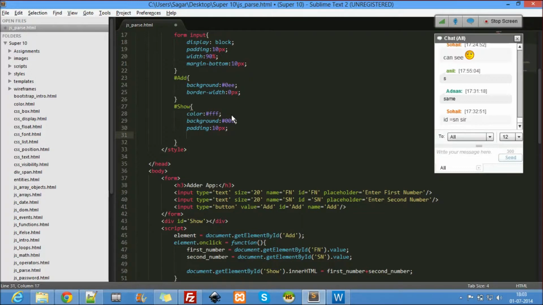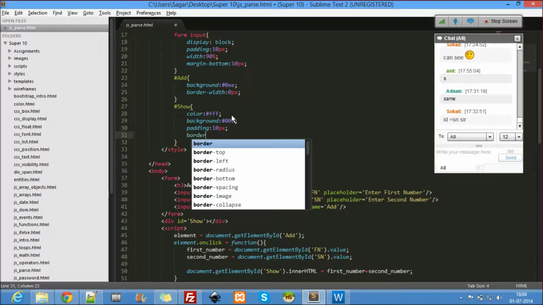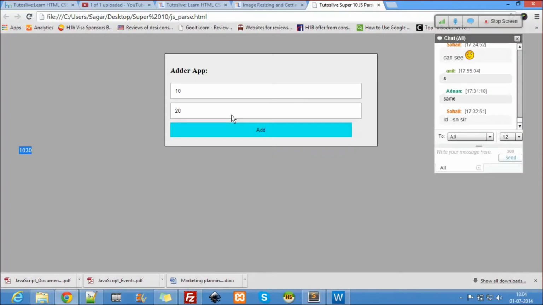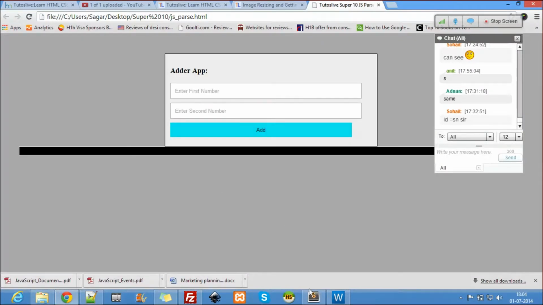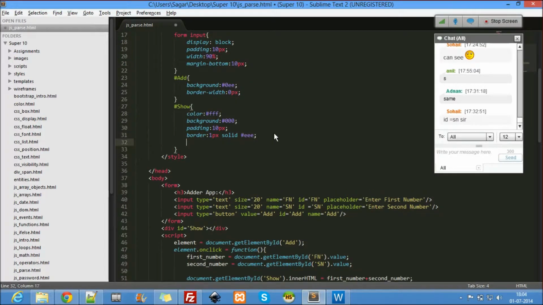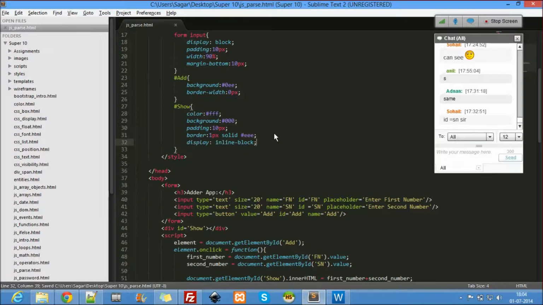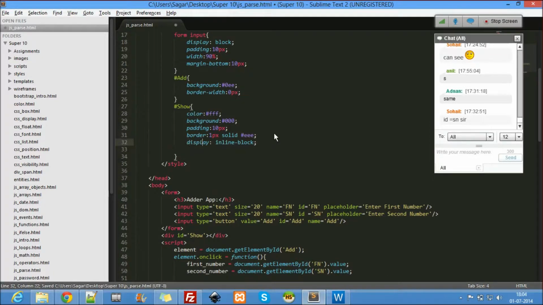Padding 0 pixel and border of 1 pixel solid. Instead of inline block I'll say none.